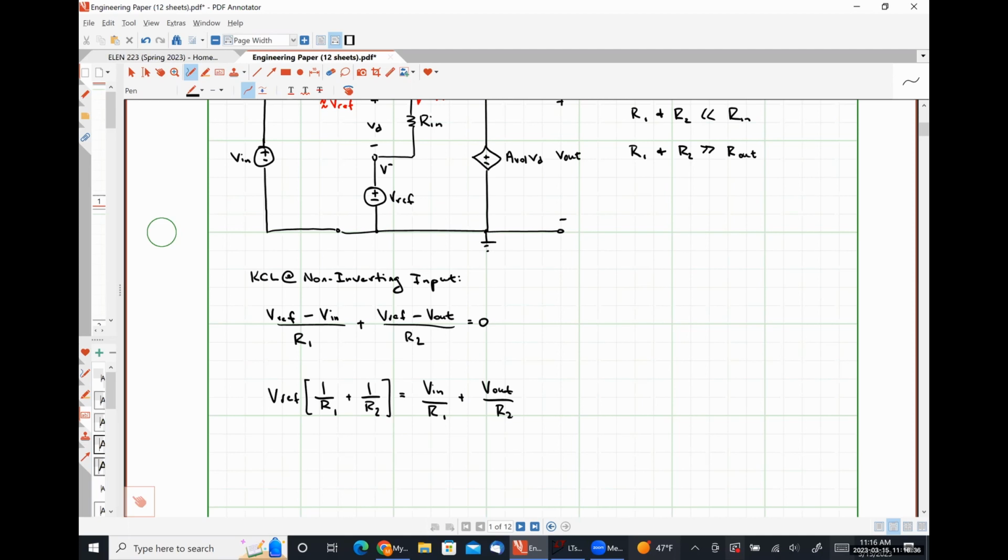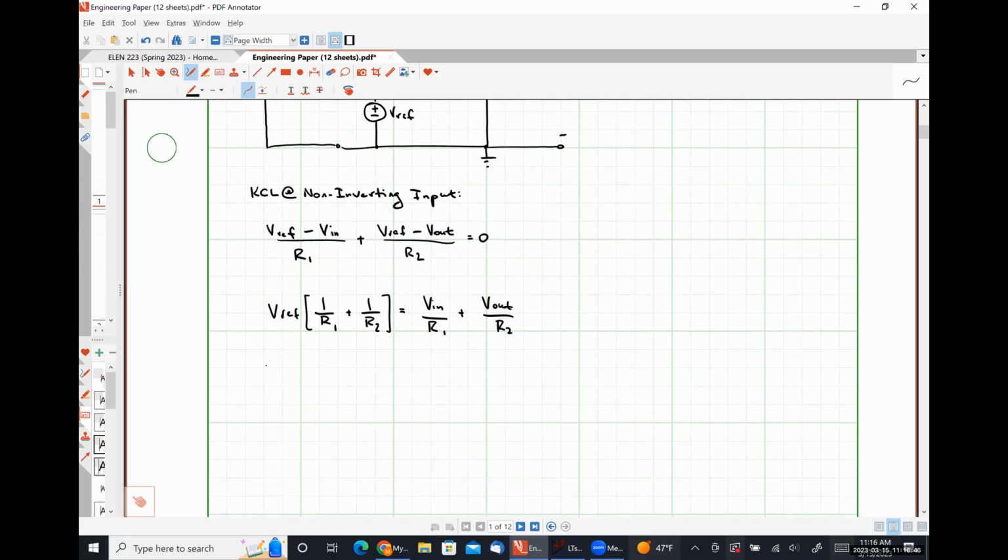So I'm going to multiply this side by R1 times R2 over R1 plus R2. And we'll find that VREF will be equal to R2 over R1 plus R2 times VN plus R1 over R1 plus R2